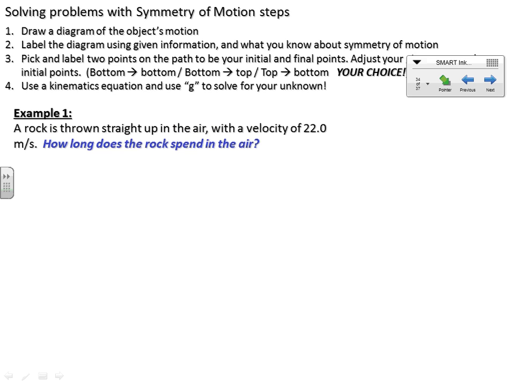So here's one where we have a rock thrown straight in the air. How long does it spend in the air? All right, well, what that sort of says to me is we're talking about the entire flight, right? I'm going to write that, entire flight. So let's look at this whole thing. It goes up, it comes back down, right? Now this says that it's thrown up with a velocity of